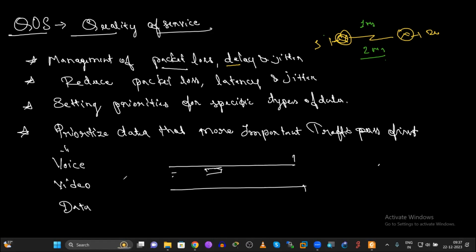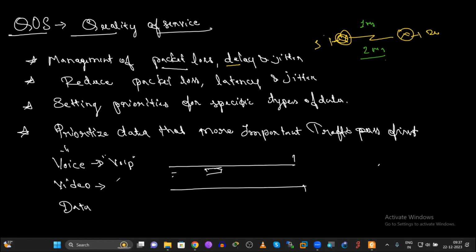Voice, like IP telephony, voice over IP data, is considered very sensitive data. It gets disturbed soon. So this data needs to be taken care of first. This has to be set as the first priority.